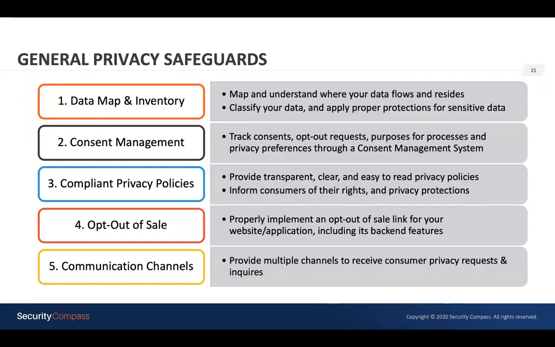In this section, we'll look at some general privacy safeguards that can help you proactively comply with the CCPA. And following this, we'll go over some steps that will help you implement these consumer rights processes. So some general privacy safeguards, first of which is data mapping and creating a data inventory. So create a data map and inventory to understand where your data flows and resides. This makes it easier to classify your data, track the purposes for processing the data, and apply the proper protections